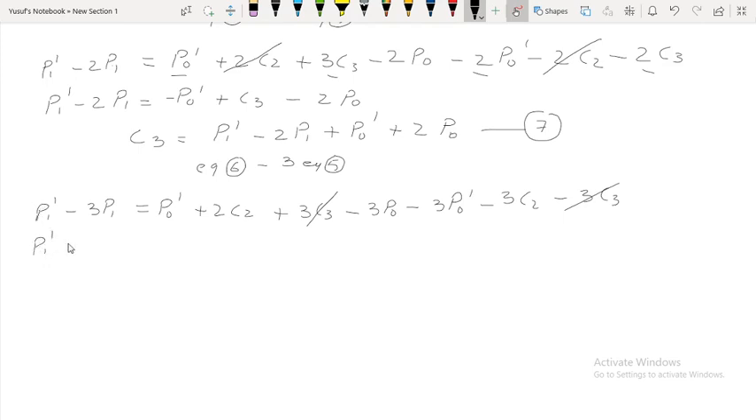P1 dash minus 3P1 equal to P0 dash, and P0 dash is here. So 3 and 1, minus 2, I get minus 2P0 dash. C2 is here, C2 is here. 2C2 minus 3C2, we get minus C2, and P0 is here, so minus 3P0. C2 will be here. I have to shift there, C2. So C2 will be equal to minus 2P0 dash minus 3P0, and you have to shift there